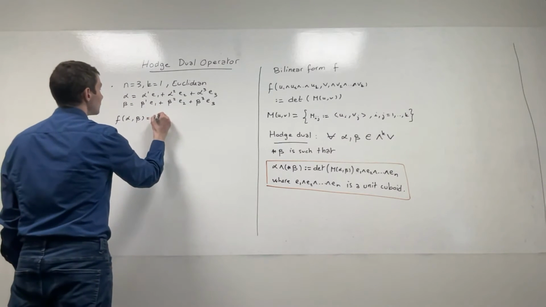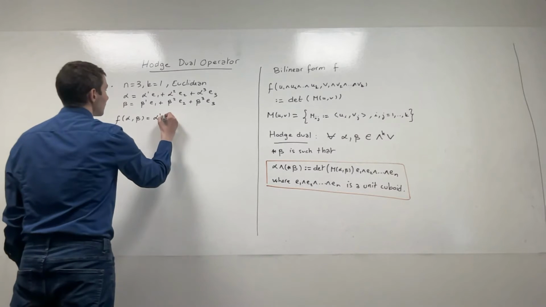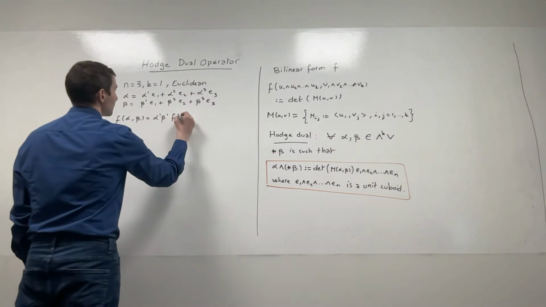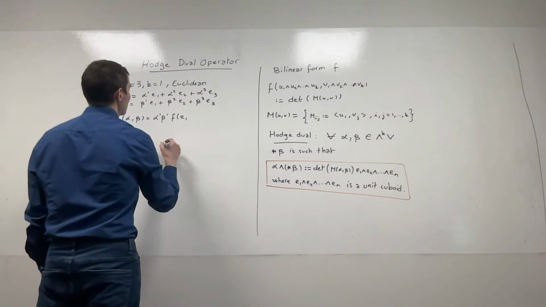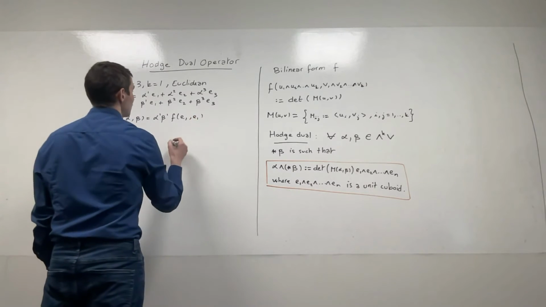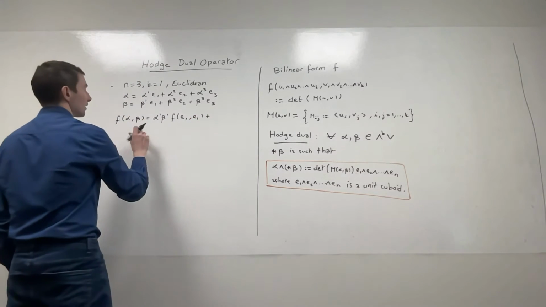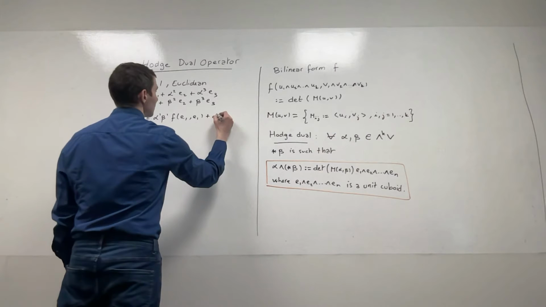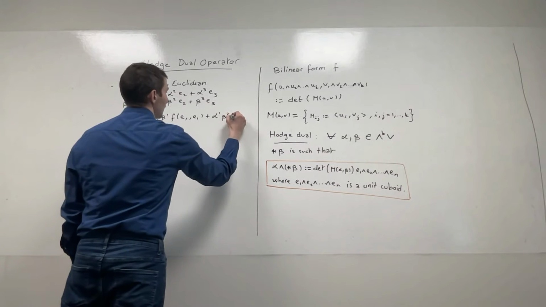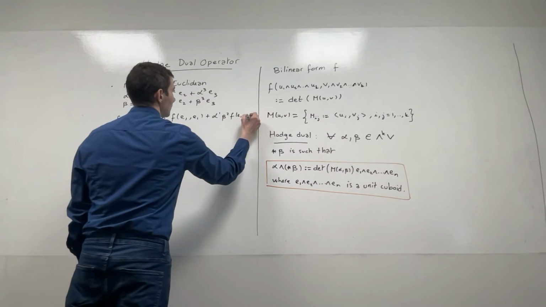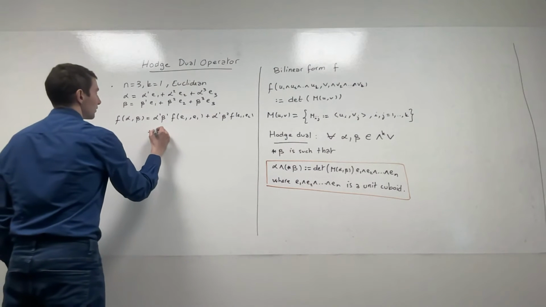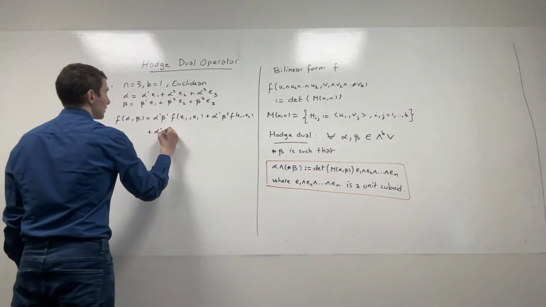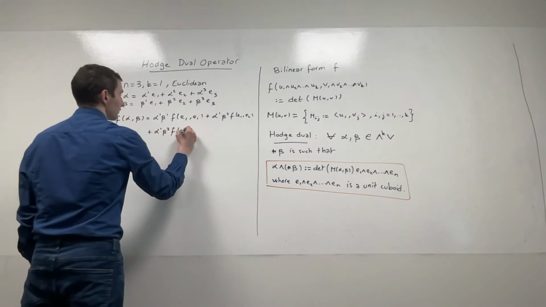So I'm going to have alpha 1 beta 1 f of E1 E1, plus alpha 1 beta 2 f of E1 E2, then plus alpha 1 beta 3 f of E1 E3,